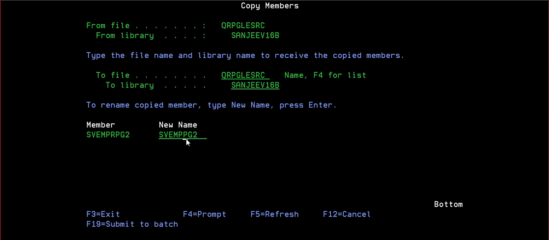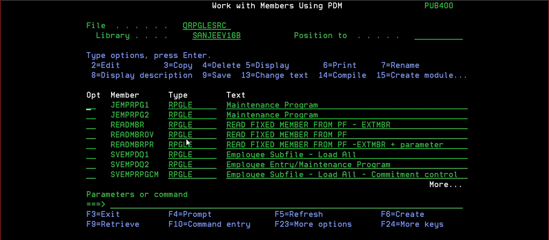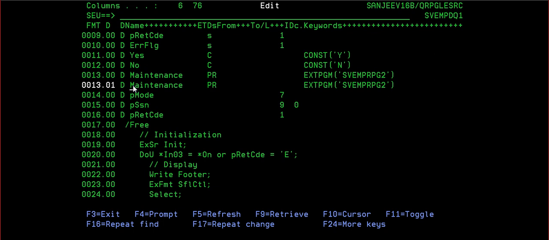SVMP RPG I am removing, as DataQ 2. So SVMP DataQ 1 and DataQ 2. Here, whatever I was passing earlier is now gone. So what we will be doing, we will do RP send data queue, SNDDTAQ.